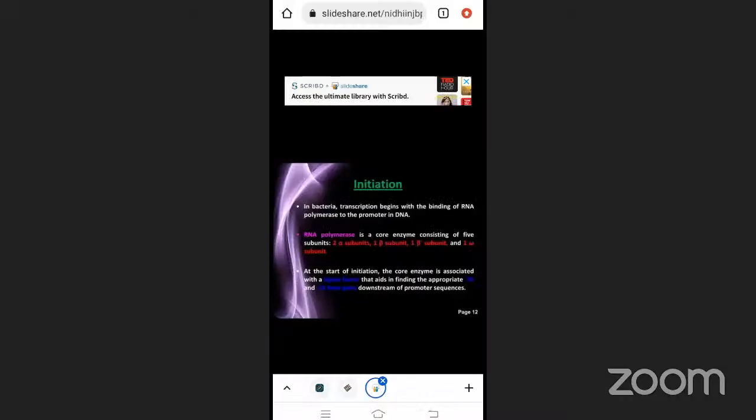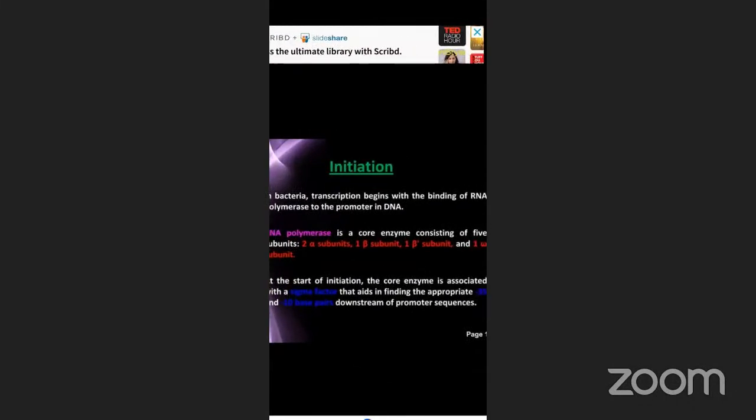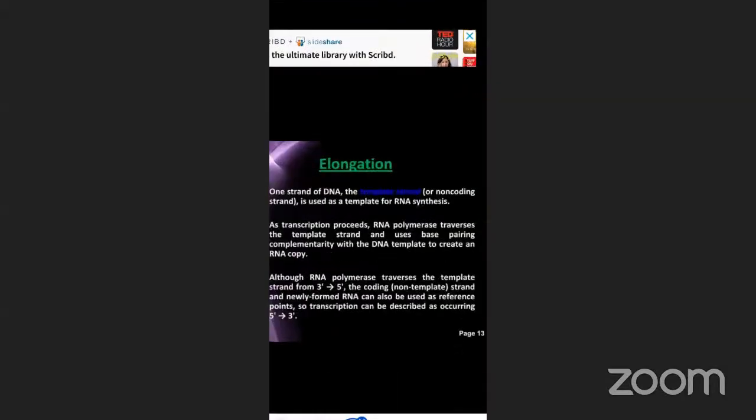Okay, so that is the initiation. The next one is elongation. Elongation means the enzyme RNA polymerase catalyzes the synthesis of RNA by using nucleotide triphosphates,